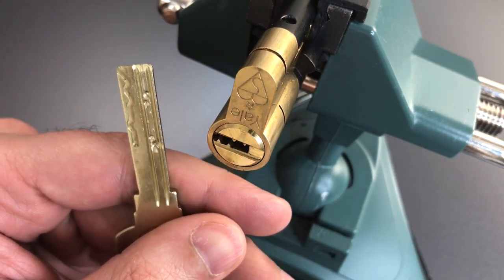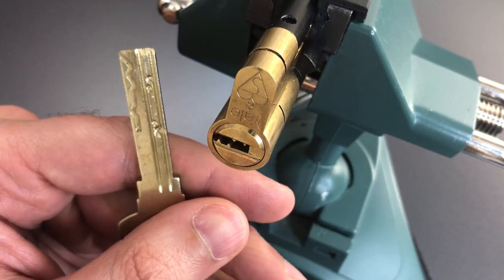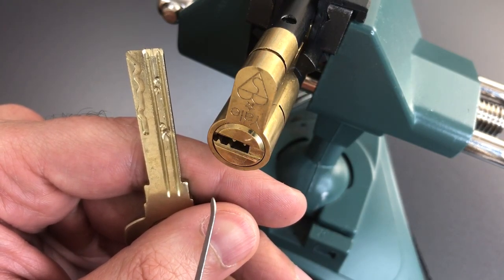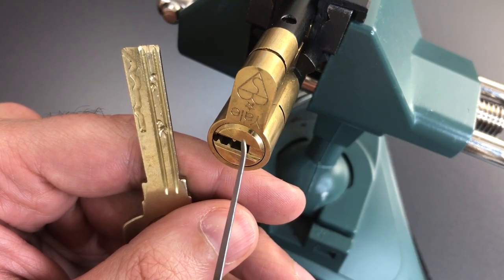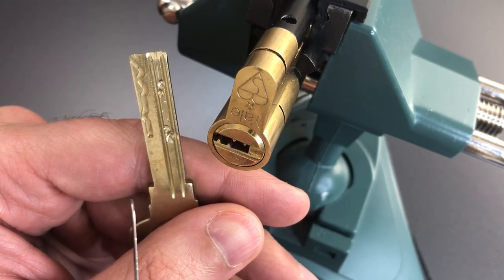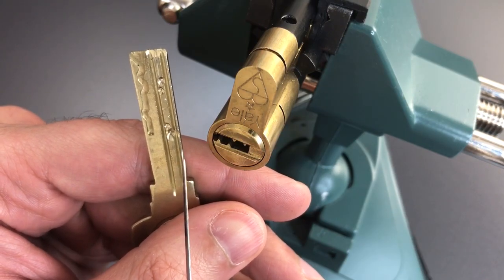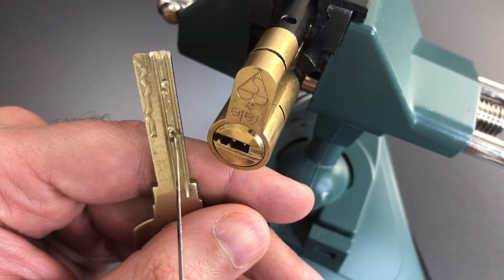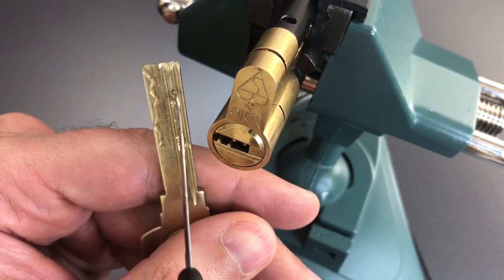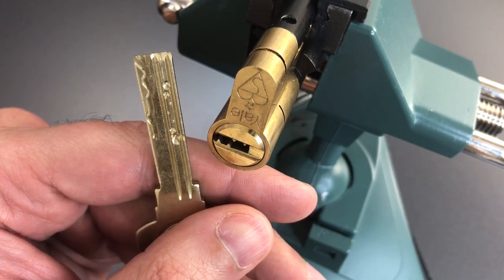Now, that seems like it would be pretty darn difficult to open, but here's why it isn't. I've run into several of these format locks before, and on every single one I've been able to rake open the dimple pins. Of course, that doesn't open the sliders, but it gets you part of the way there. And the reason I'm able to rake them is because there's only one security pin. It's right up here in the number 1 position. There's also an anti-bump pin in the back, but regardless of those pins, every single time I've been able to